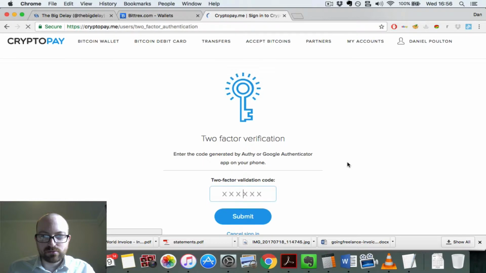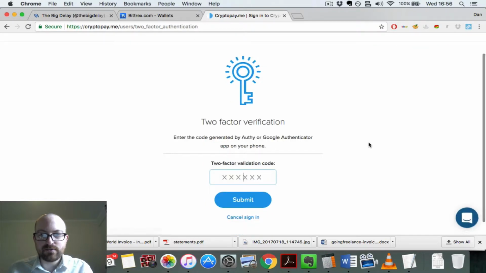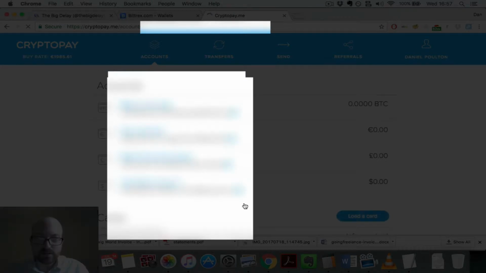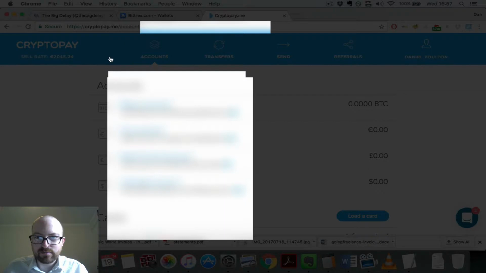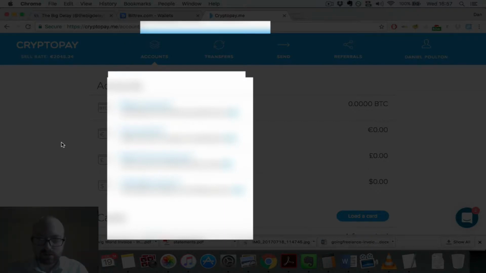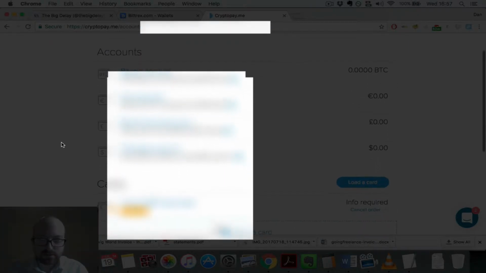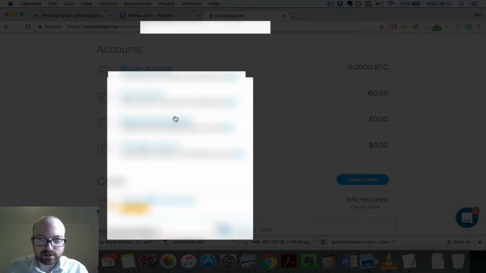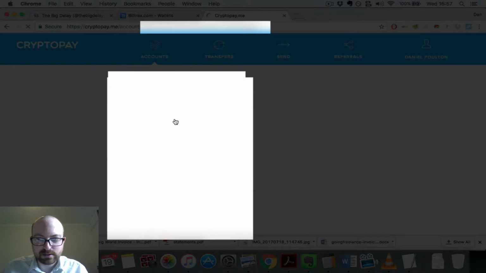Yeah, so I've got two-factor verification set up. You can download an app called Google Authenticator, which will randomly generate strings of digits. So, okay, I've gone into CryptoPay, into accounts, and what I want to do is, I've got this British Pounds account here, so I'm going to click on that,